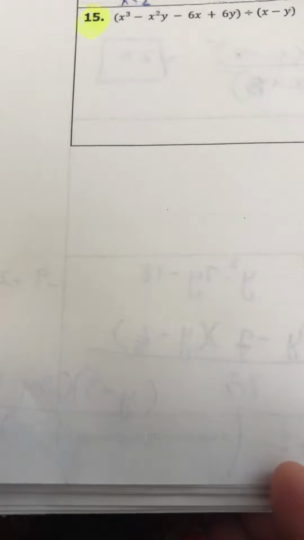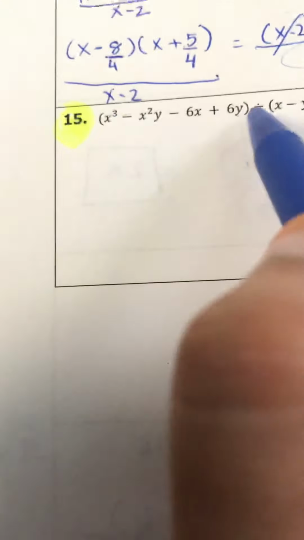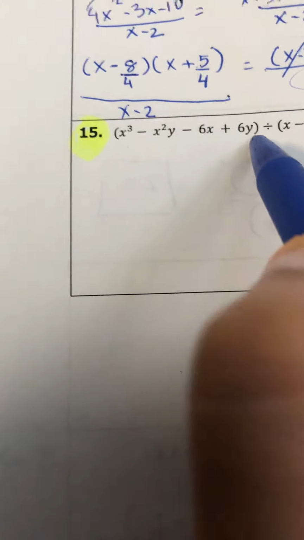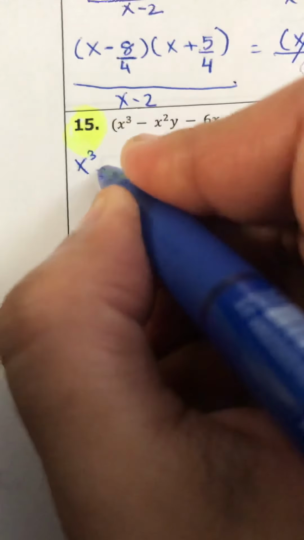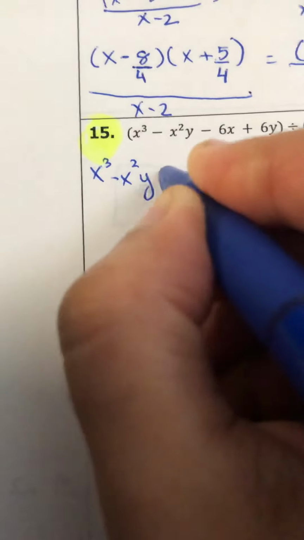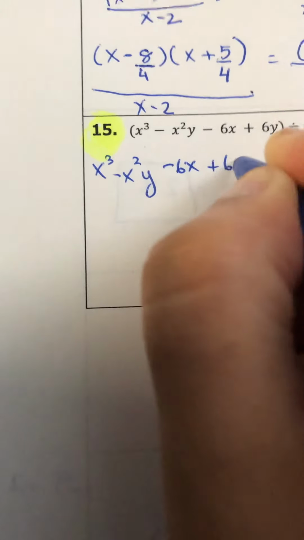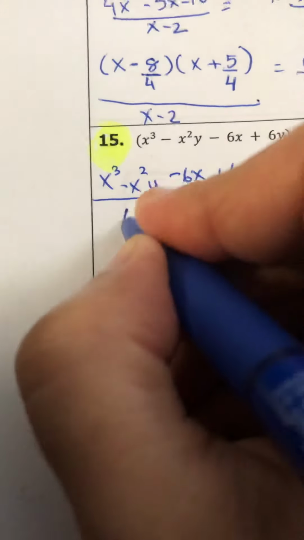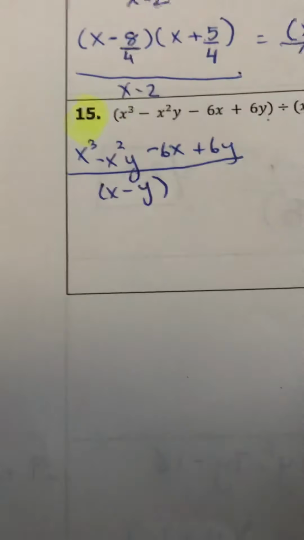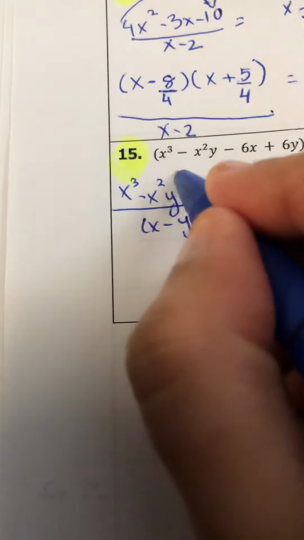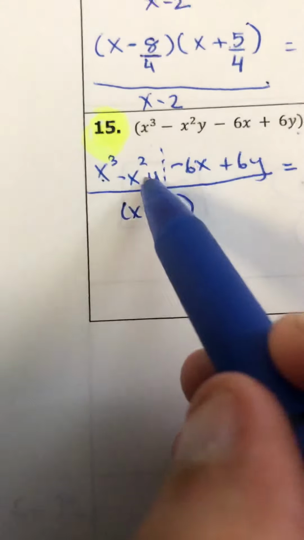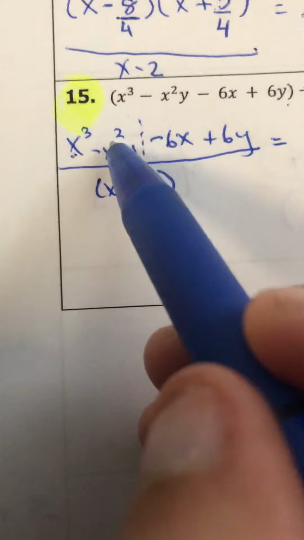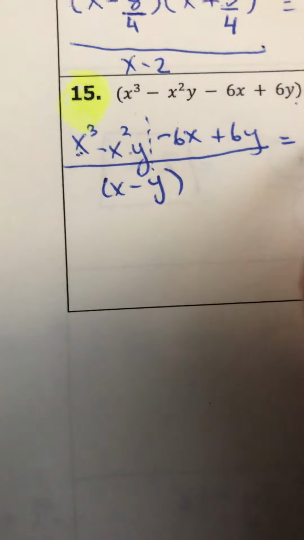Now let's do the last one, where we have 4 terms. I'm gonna write this in the fraction form. So it is gonna be x cubed minus x squared y minus 6x plus 6y divided by x minus y. I'm gonna group them up. Now here I have seen some of you having problems. From these two, I can factor out the smallest exponent, which is x squared. I'm left with